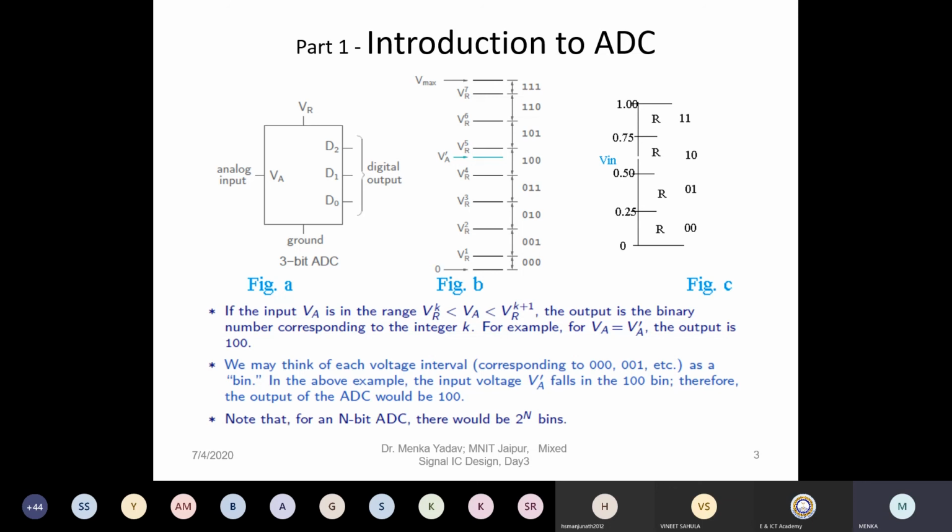So in the third slide, I have shown figure B and C. These are two different A to D converters. So in these two converters, the figure number B, let us refer. I hope you are able to see slide number 3. Everybody, are you able to see slide number 3?